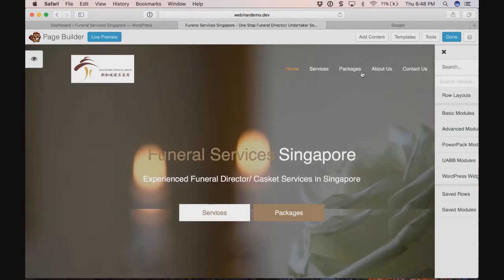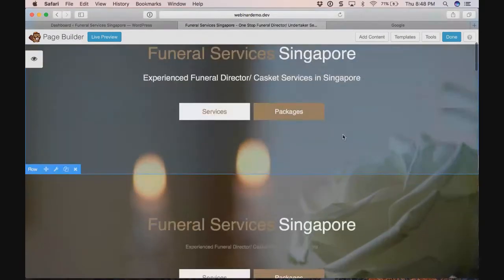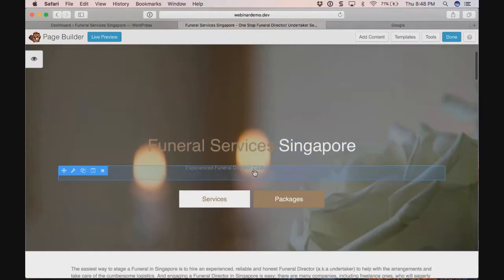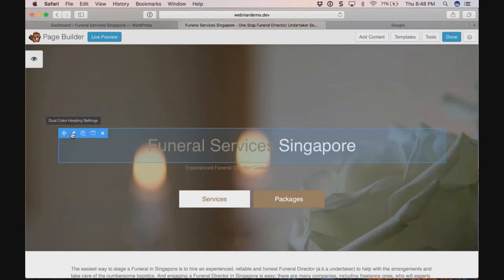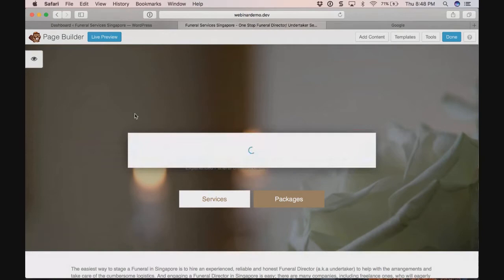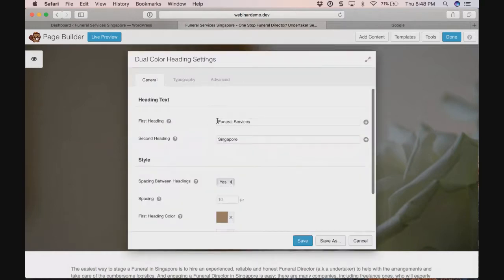Yes, great. Okay, I have two modules here. So what I'm going to do now is style this. For this particular add-on, it's not from Beaver. It's called Dual Color Heading. I chose it because I want two colors in my heading, and I thought it was fanciful. So basically, to use this module,